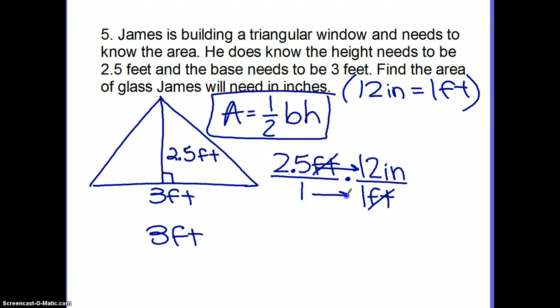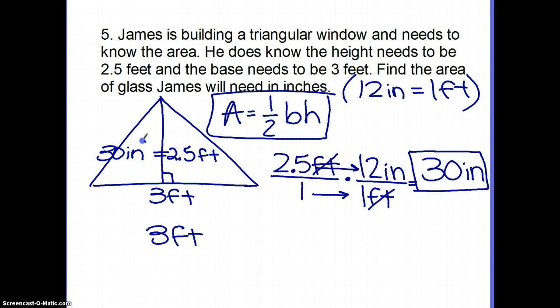Multiply straight across. 2.5 times 12, well 2 times 12 is 24. Plus half more, so 24 plus 6, 30 inches. 1 times 1 on the bottom, we don't need that, so we've got 30 inches would be the height here, 30 inches. And then we're going to change the 3 feet into